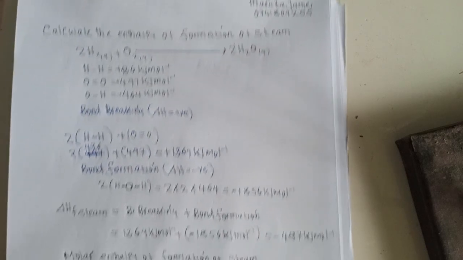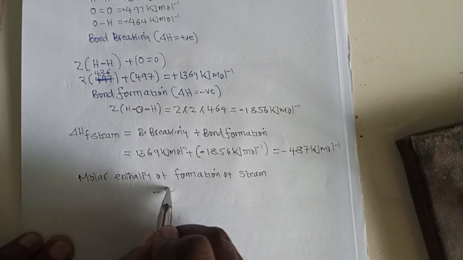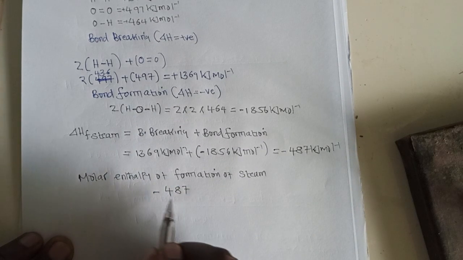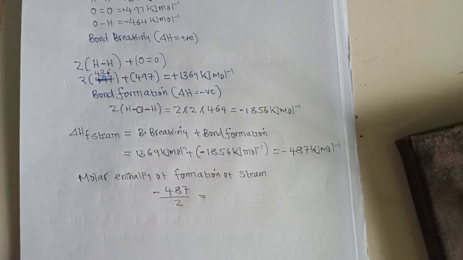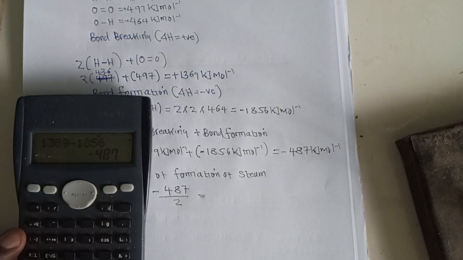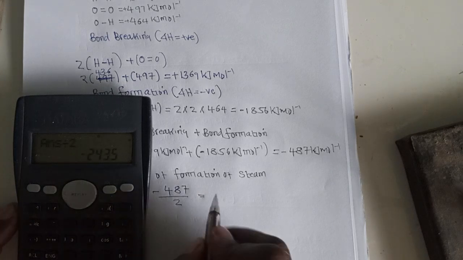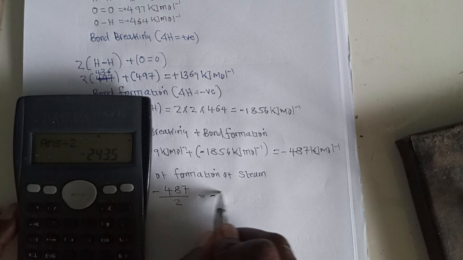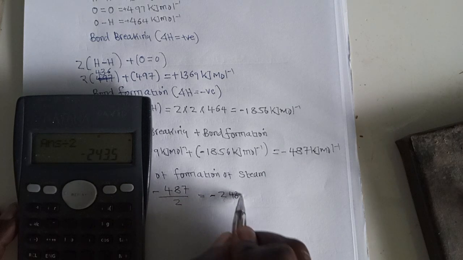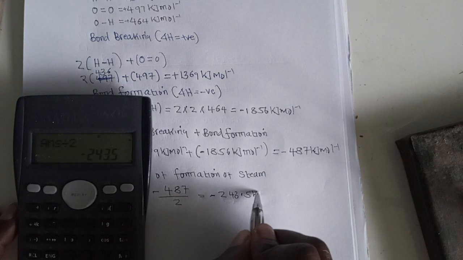So 1 mole is equal to what? You divide negative 487 by 2, so the molar enthalpy is equal to negative 243.5